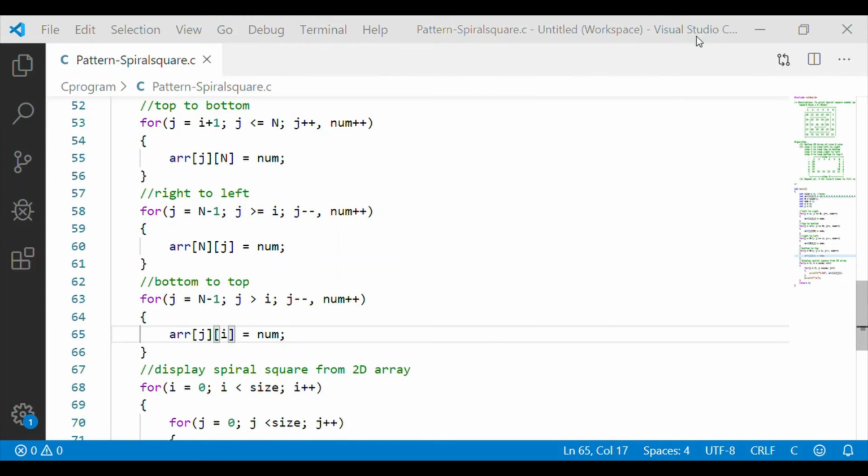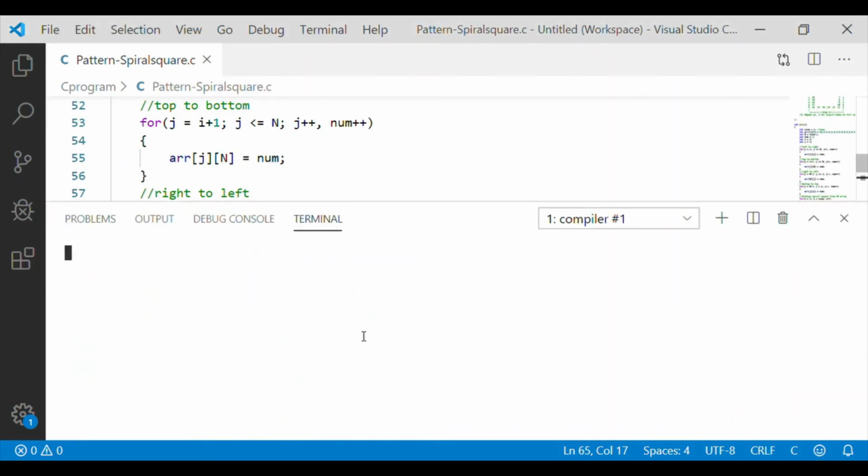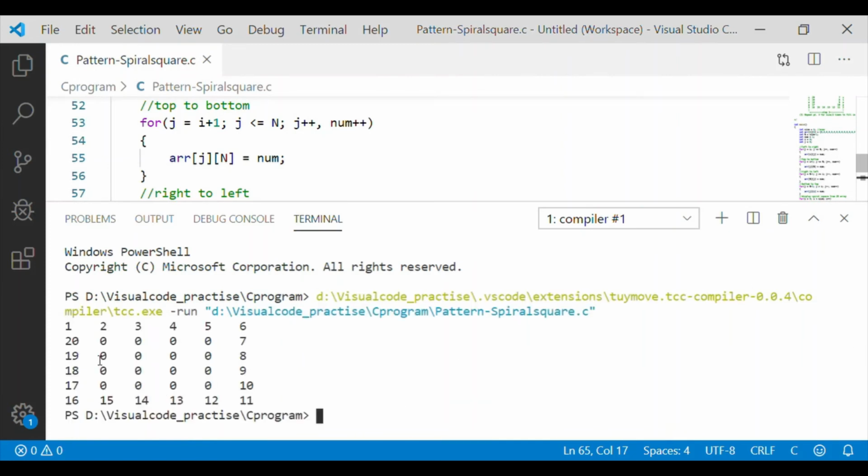Now all four sides of the outermost array should be filled, and it started with 1, incrementing the values until it is 20.